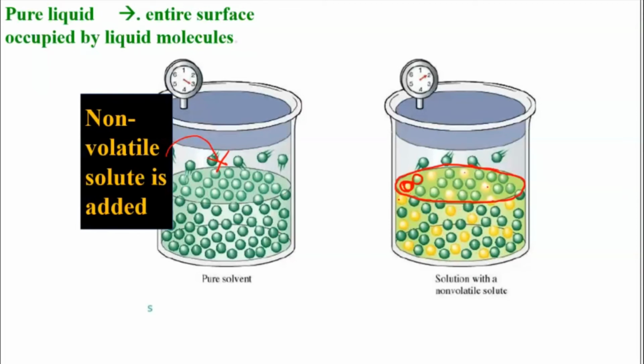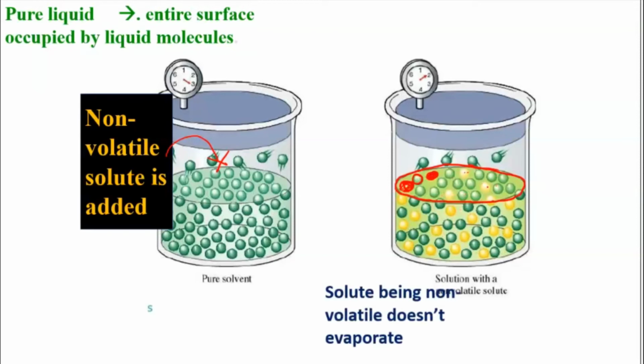And solutes are the ones that don't evaporate. Yes, these are not evaporating. They will sit here only and they are blocking the way. Surface area decreases, very good. Now the surface available is less because they are coming and blocking here. See here, all these are the solute particles. So this much amount of surface is occupied, no? When this surface is occupied, the amount of solvent which can come into the empty space will also decrease. It's like a block for them. When there is blockage, it's automatic that most of them can't cross and go, no? So they will stay there only. So the number of vapors which will be formed will decrease. So I can say that, yes, vapor pressure decreases.